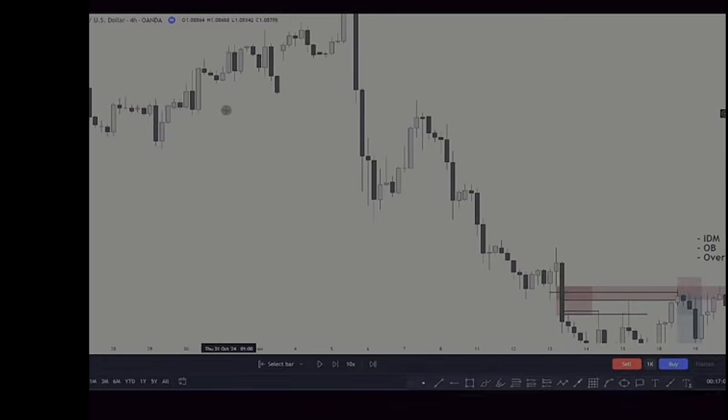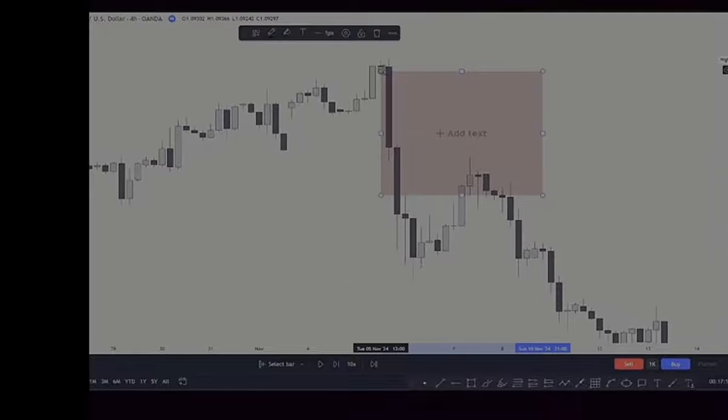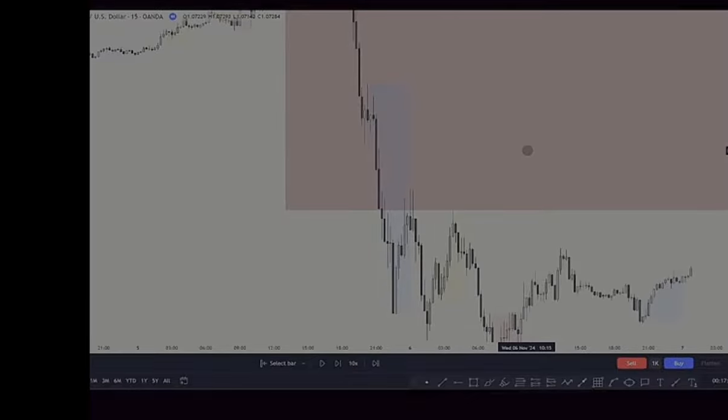Now, for any valid fair value gap, you could do the same thing here. You could do, for example, for this one, and sometimes you're not going to have any clues. So you have two consecutive fair value gaps here, right? The 1 and 2. If we go back in time and see what do we have in here, first of all, starting with the 15-minute, because that is the right time frame, or actually let's look at the 1 hour